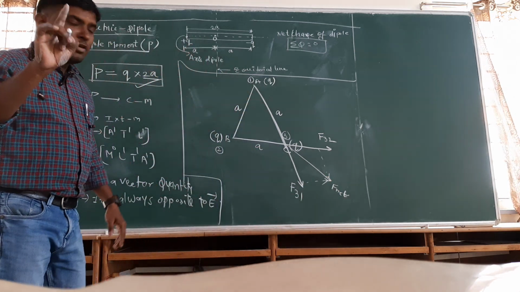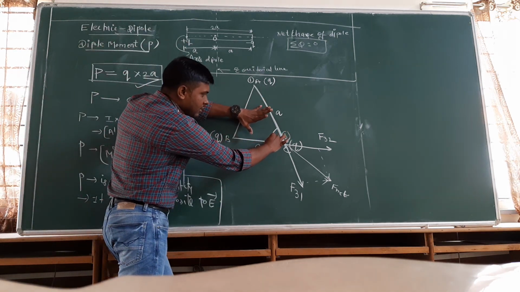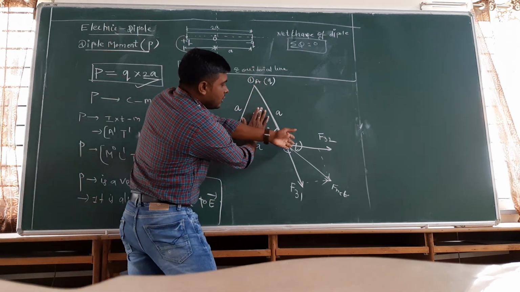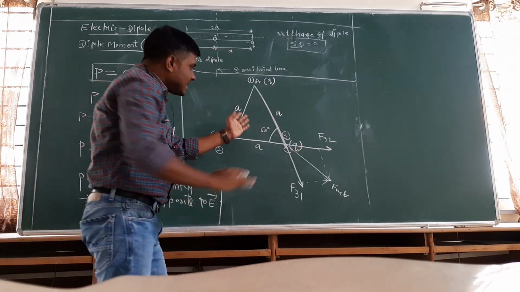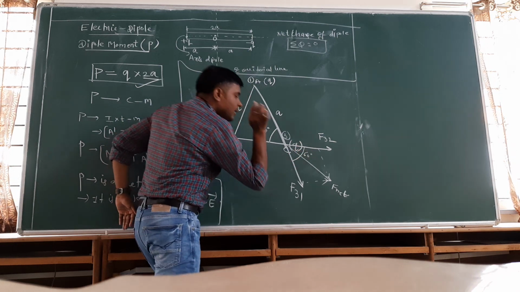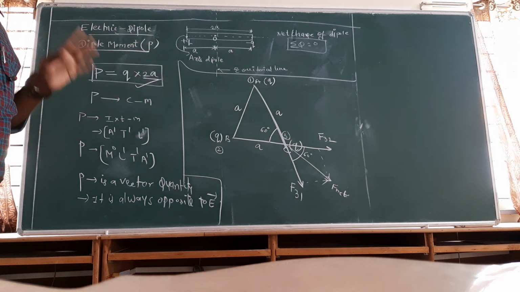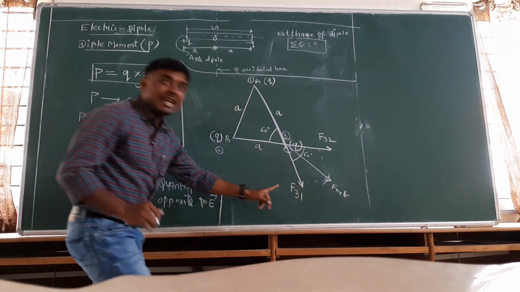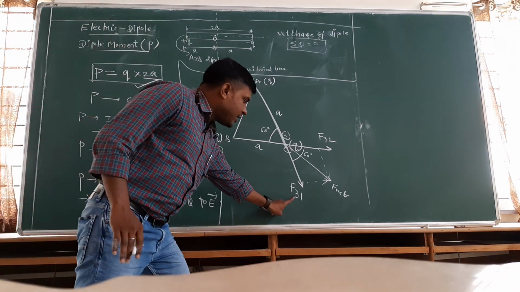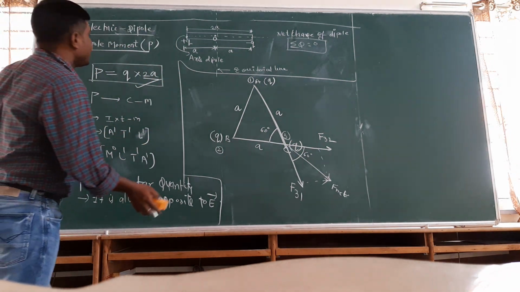Now again, one more important point here: as it is an equilateral triangle, what is this angle? This is 60 degrees, correct? Now as this is 60 degrees, this is vertically opposite to it, so it will also be equal to 60 degrees. So now we have all the representation of this diagram. To get F net, I need to first get F31 and F32. Very important concept. Find these two first, so we'll try to get these two values.